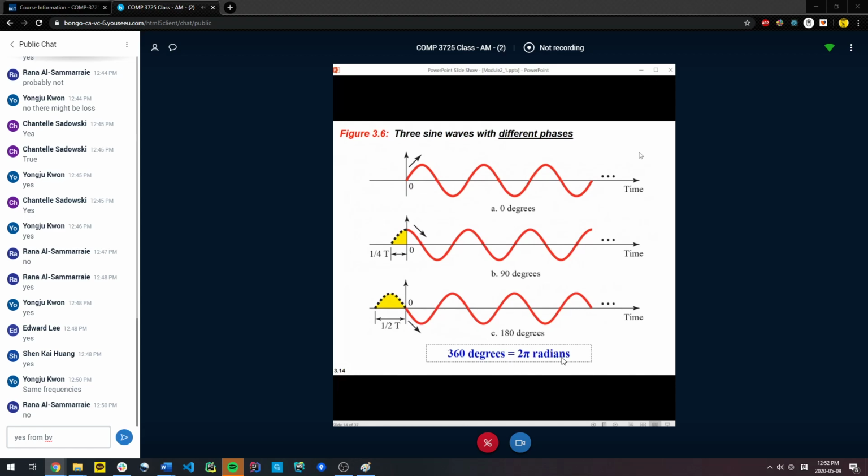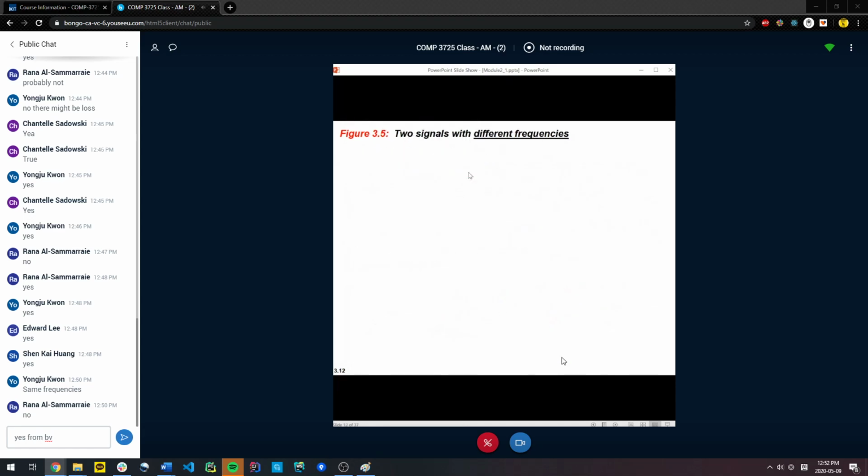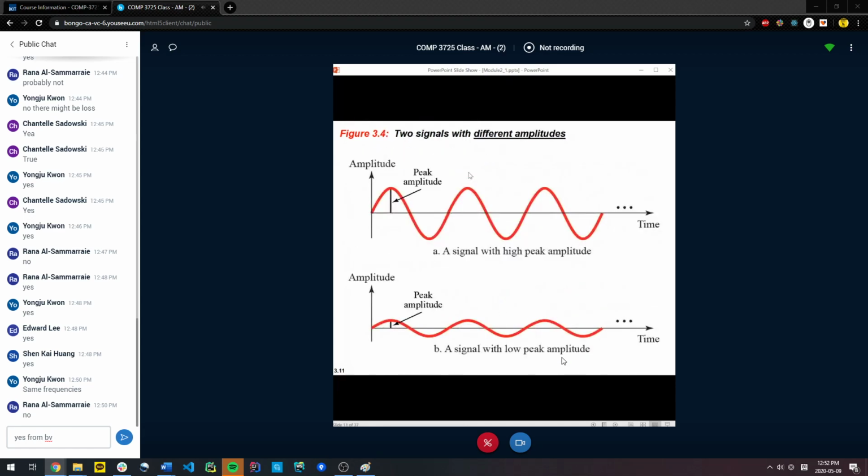Okay, obviously this is just a note I want you to know: within every 2 pi radians, which is 360 degrees, is one complete cycle of a sine wave. So let's go back to this diagram here, because I want to give you an idea of why we're doing all of this. Remember, I told Yongju you can use the top wave to represent a logical 1, and you can use the bottom wave to represent a logical 0. True, Yongju or Rana, whoever is willing to respond.